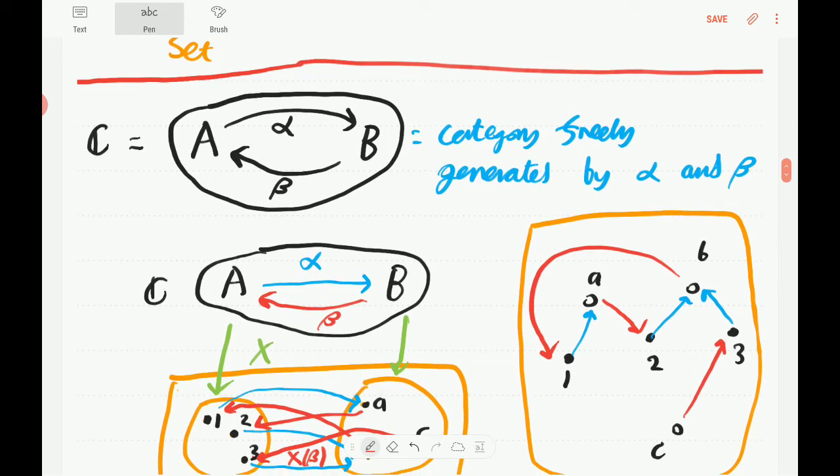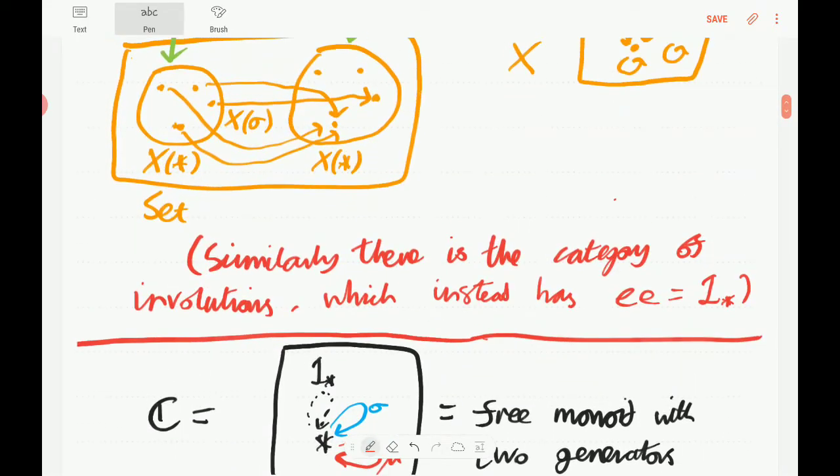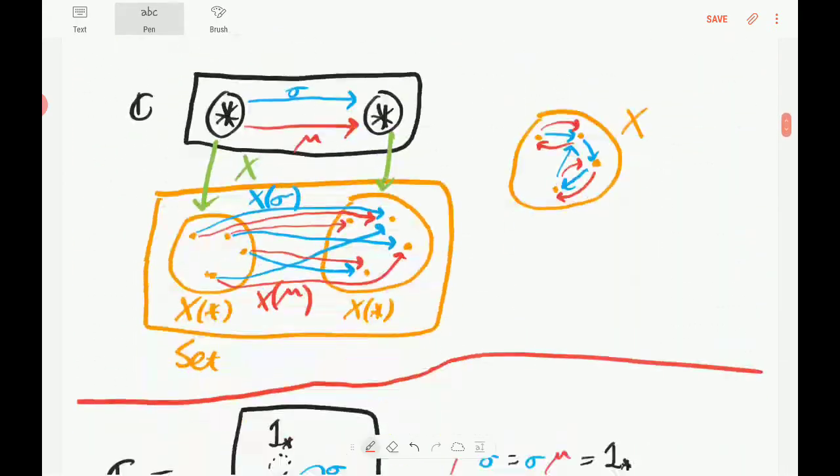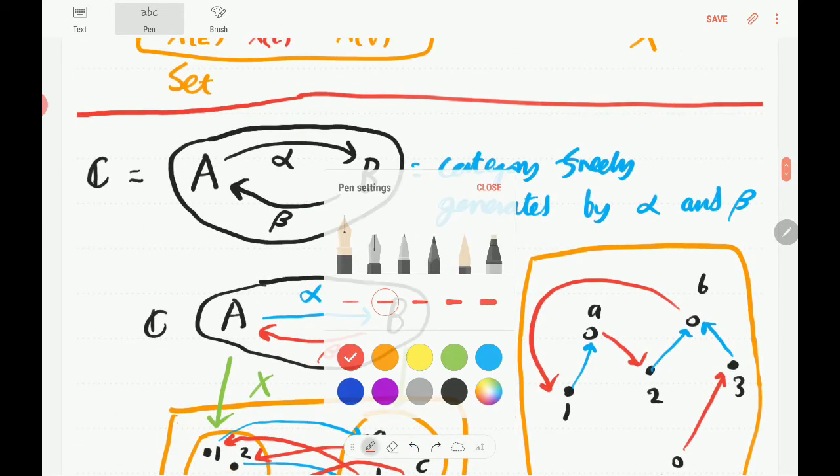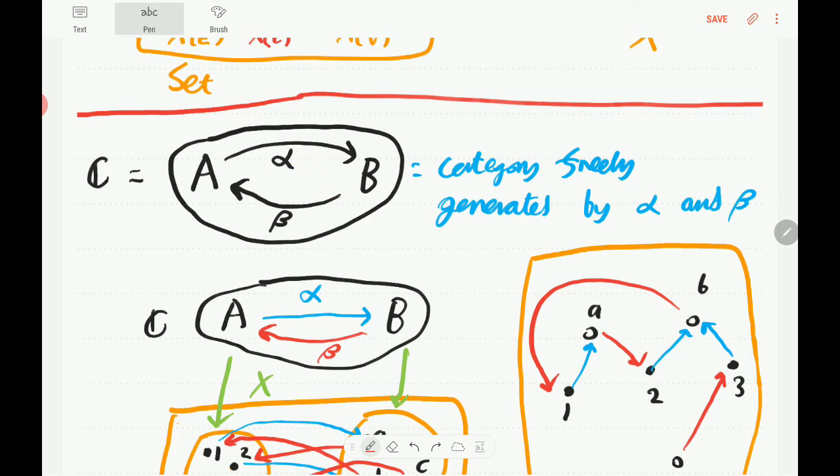Here's another interesting example. This is the case where we pick C to be the category generated by these arrows here, an arrow alpha from A to B and an arrow beta from B to A. In some ways, this is similar to our additive monoid of natural numbers, because once we have these arrows alpha and beta, we also have all the iterates of them present. So we also have this arrow